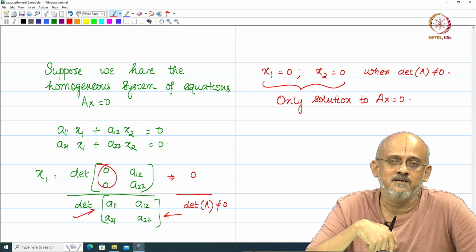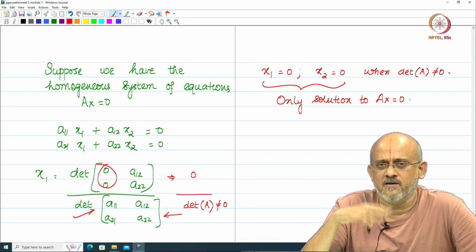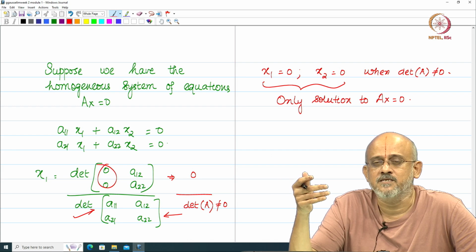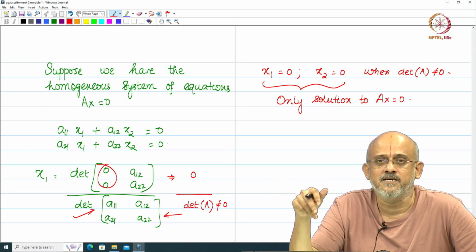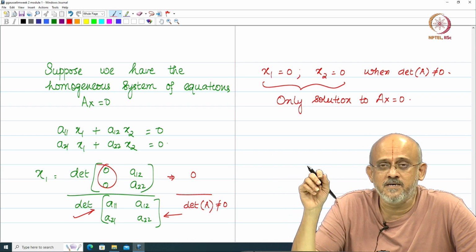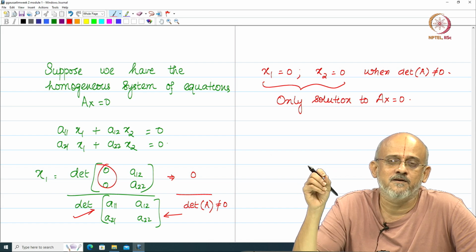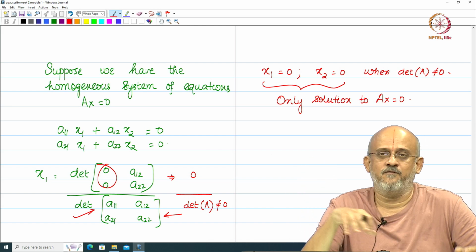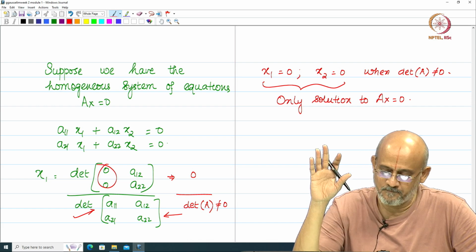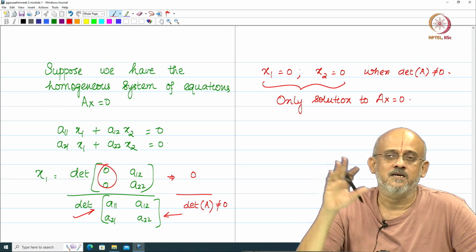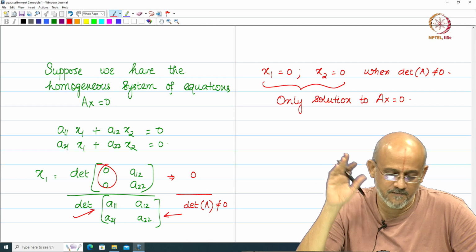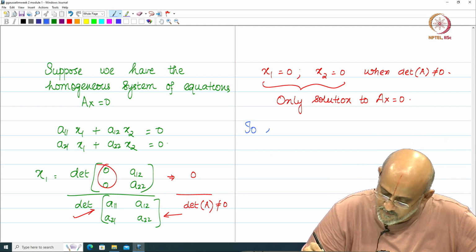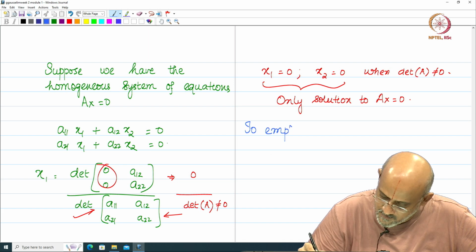This determinant here is acting like a scaling factor, which is what we saw even in the case of finding inverse, where we said inverse is equal to adjoint of A divided by the determinant of A, and therefore 1 by det of A is the scaling factor. Therefore, for Cramer's rule to work, what should be the condition? The condition is A should be a non-singular matrix. So let us write that. So to employ Cramer's rule,